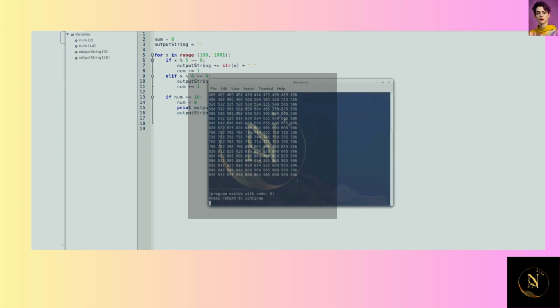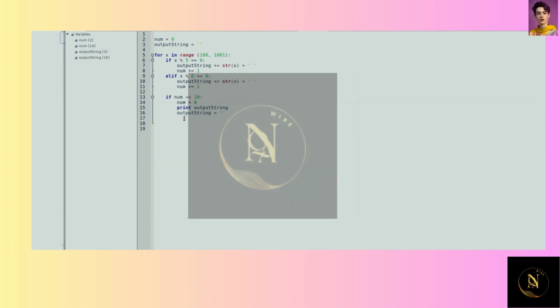I start with 100, but notice I don't get the last number, which is probably 1,000, and I don't get it because I'm only printing full sets of 10 values. And so I've got two things I want to print. One is every time I've got a set of 10, I want to print it. Otherwise, if I'm on my very last number and I haven't formed a full set, so if x is equal to